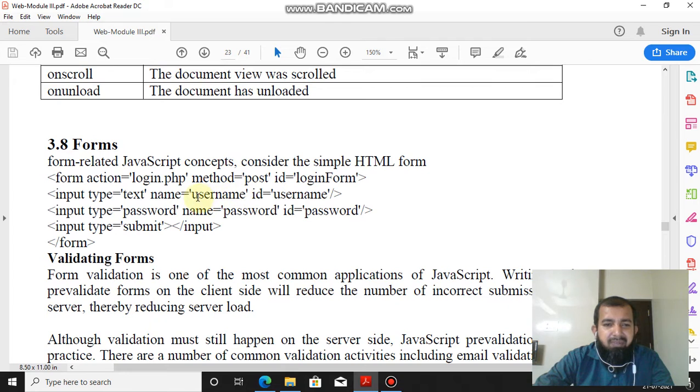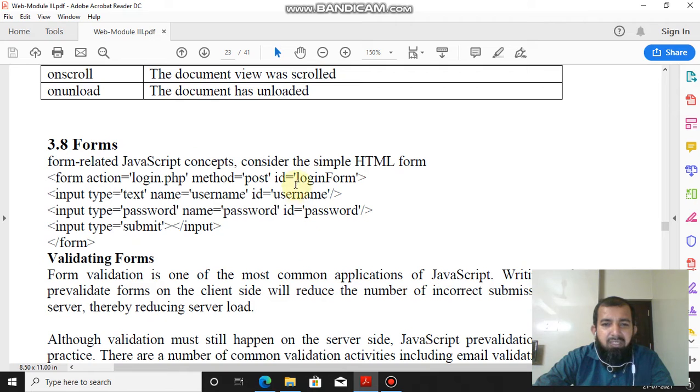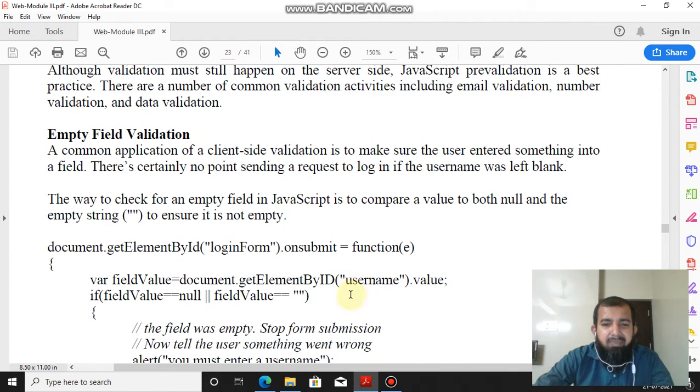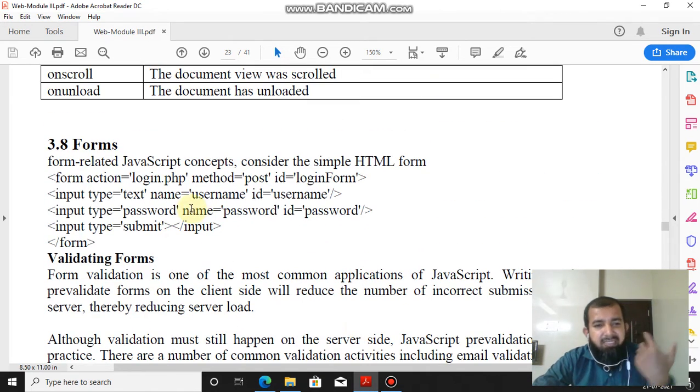Whatever you type in the text box as the username, this username and this username must be the same. The id must be the same. The id is username here, and the same text you have to write here. Then only you can access the value of that text box.